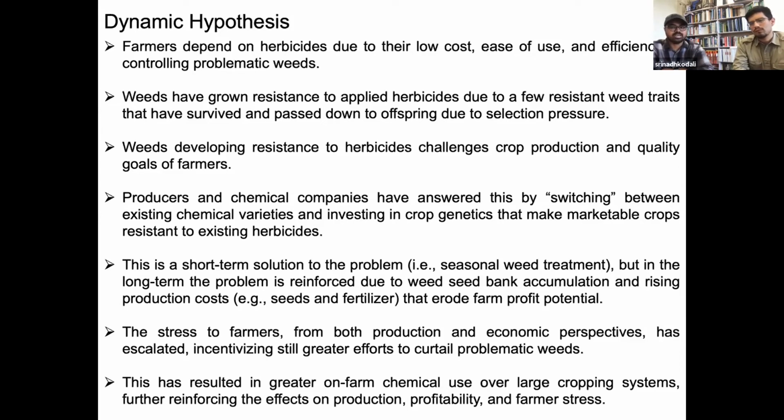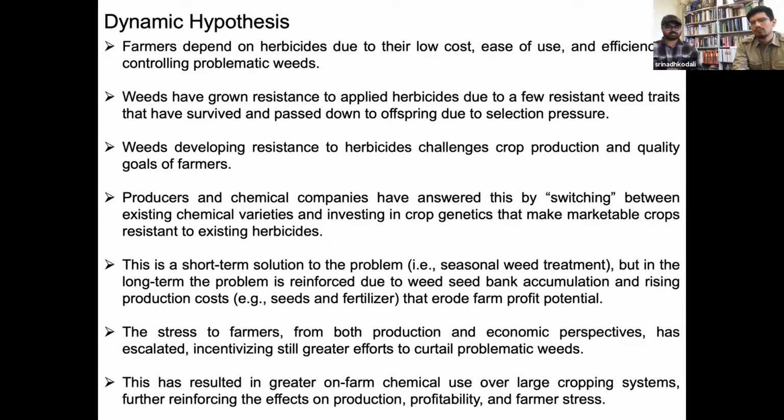farmer stress. So to sum it up, the farmers use herbicides because of their benefits, but once they start using it over time, some of the weeds develop resistance and pass it down to the offspring, which is a problem because it challenges the crop production and also the quality of the crop. So the producers and chemical companies answered this by switching between the chemistries, which is a short-term solution, but in